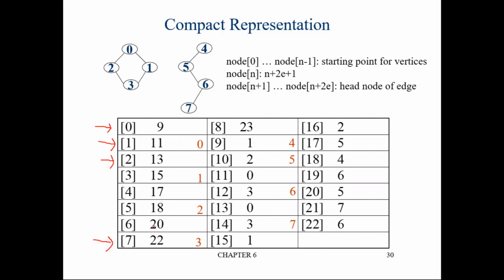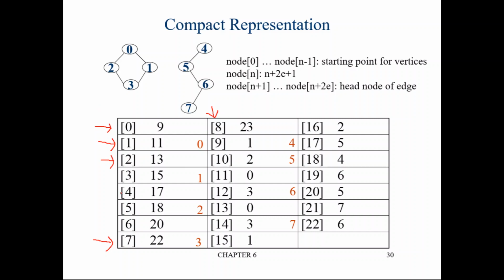But here we should fill up some values. How are we going to fill these values? That is what our crucial question is. Okay, fine. Let us come to that. Now what we are going to do is, first we will fill up the 8th location. Why 8th location, you may ask? This graph contains how many vertex? 8 vertex. That is from 0 to 7. So 0 to 7, each represents one vertex.